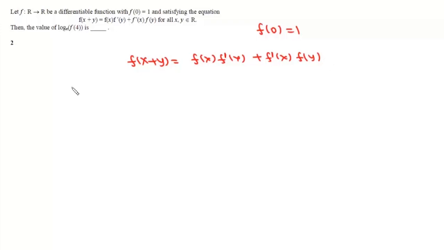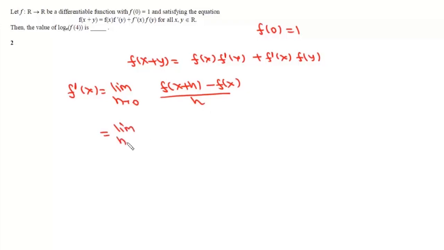Now if we find f'(x), we can write this as the limit h tends to 0 of [f(x+h) minus f(x)] upon h, and then it will be the limit h tends to 0. Now we can write this as [f(x) f'(h) plus f'(x) f(h) minus f(x)]